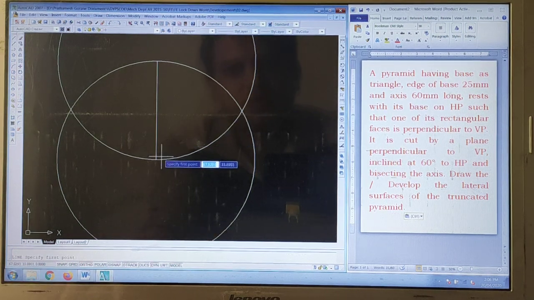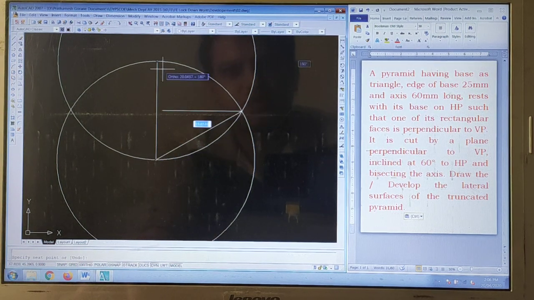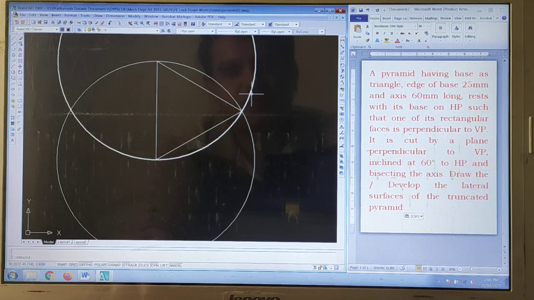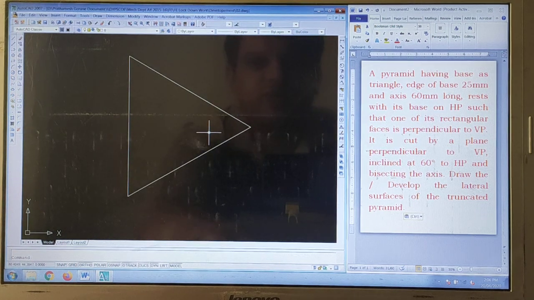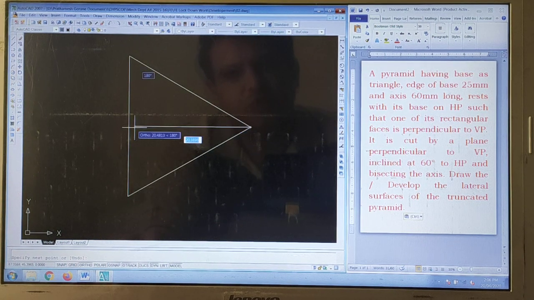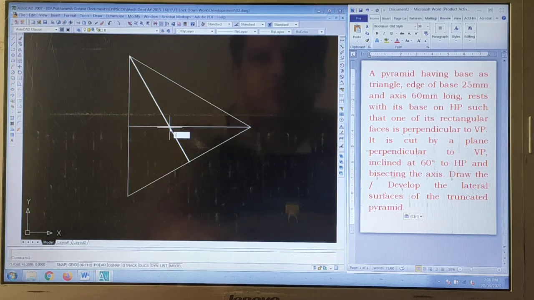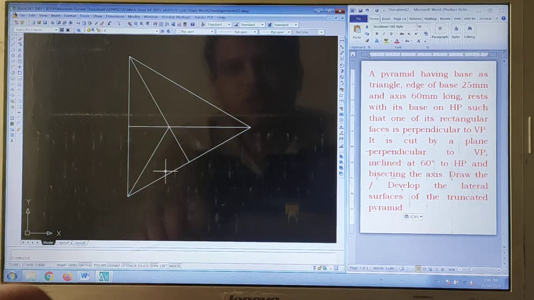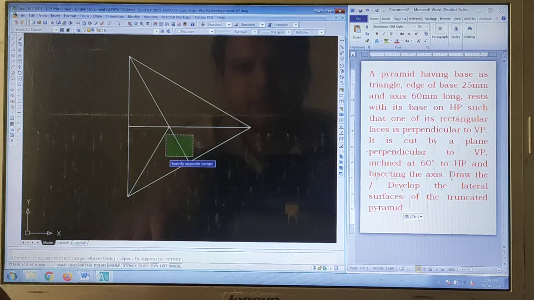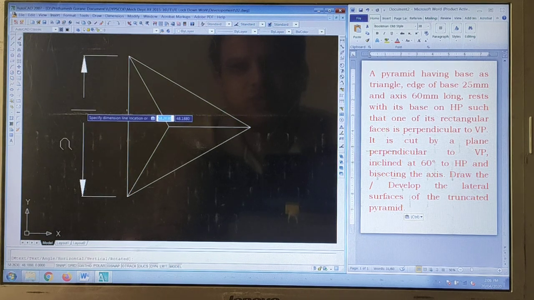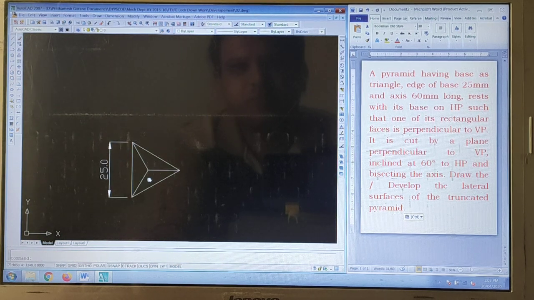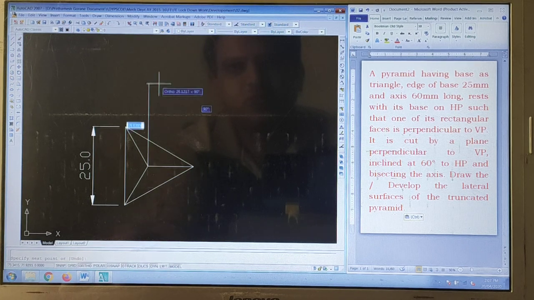Now we have this as a triangle, isn't it? So if we need to join the diagonals of it, how can we do it? Or if we need to look at the central axis of it, this is the central axis. From this point only we are going to draw the axis. Unwanted lines can be trimmed like this. So the base of it is nothing but the 25 mm. Now if we project this,